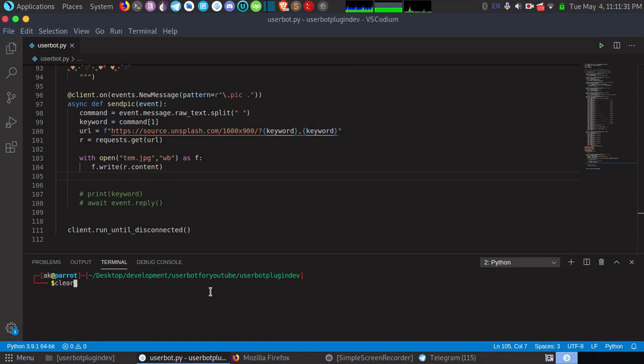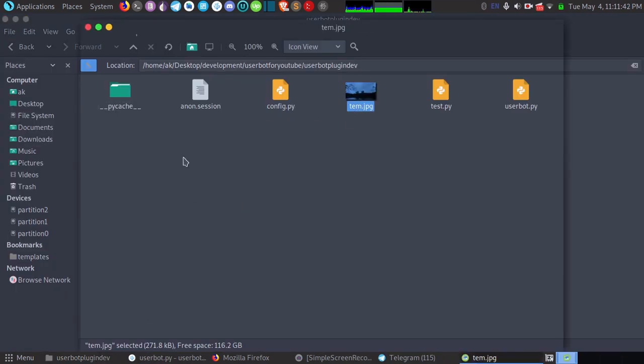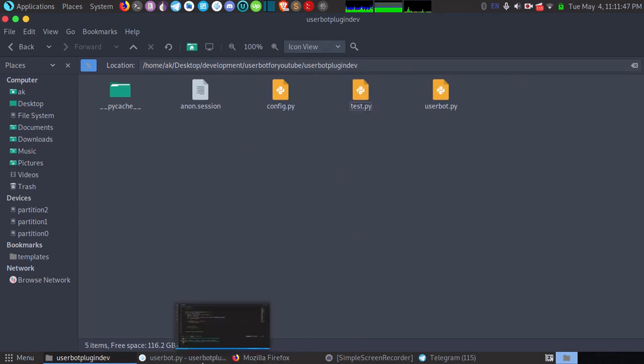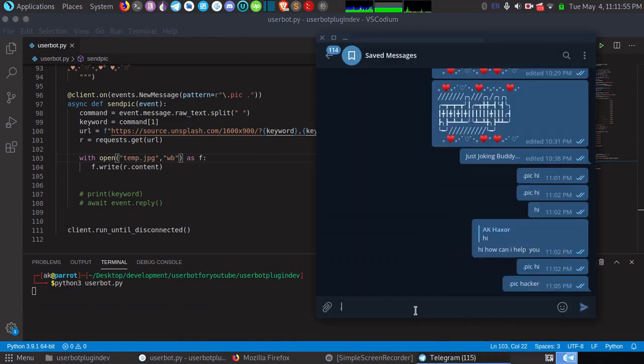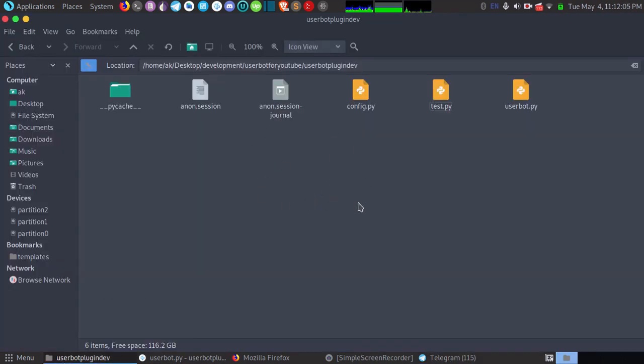So first of all let's see if I already have a picture. I have a temp picture. I think I have to name it as temp, and delete this picture. First of all, okay, this is a picture of a very cool view, so I will delete this and run my code. Now let's test pic, and let's put computer, see if we will get a picture of a computer. We are getting picture temp.jpg,